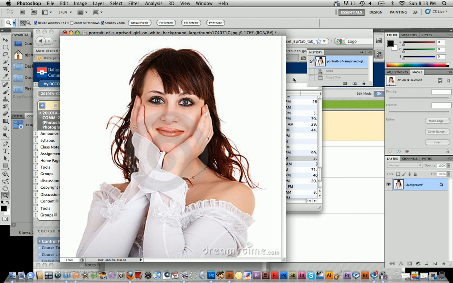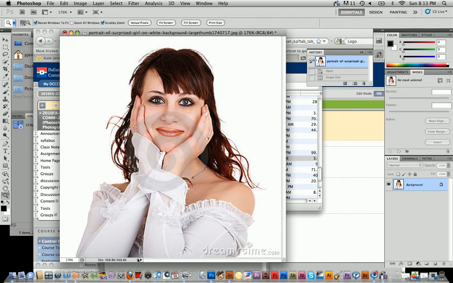This video is all about resolution. I want to point out the fact that I have downloaded this image from the internet, so right now I'm not really sure how big it is. I have some clues. I know at the bottom of my image it says the document size is 468 kilobytes,